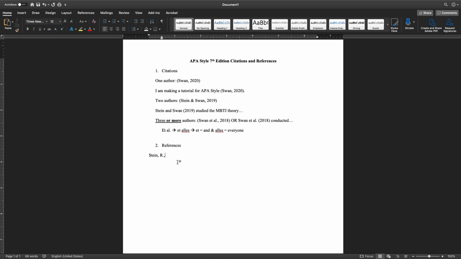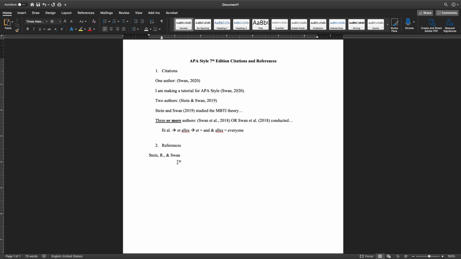But for references, even if you only have 2 authors, you still need to put that comma before the ampersand, okay? And so the first author is Randy, so Stein R, and then followed by the comma and then ampersand